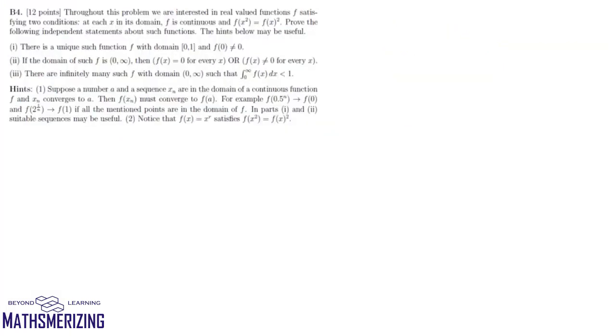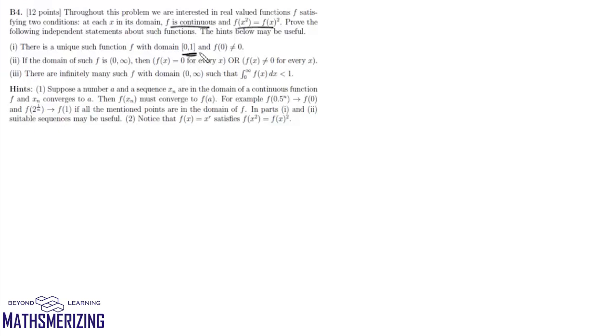Now question B4 is: throughout this problem we are interested in real-valued functions f satisfying two conditions, that at each x in its domain f is continuous and f(x²) is equal to (f(x))². Now we need to prove the following independent statements about such functions, and they have given some hints also. The first one is, there is a unique such function f with domain [0, 1] such that f(0)